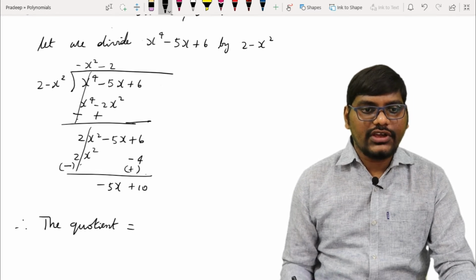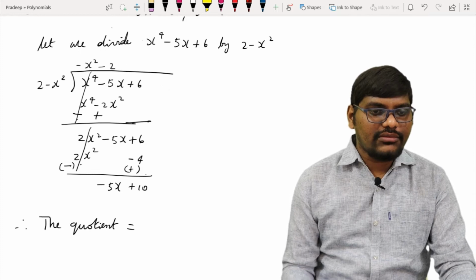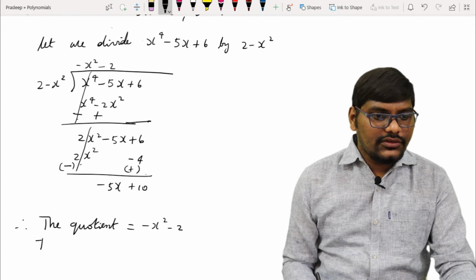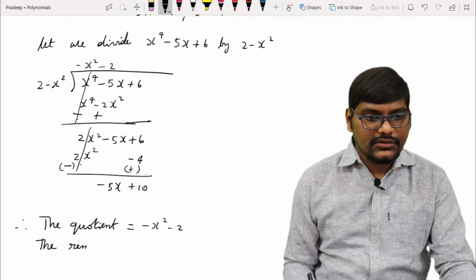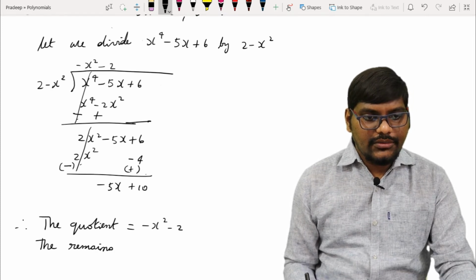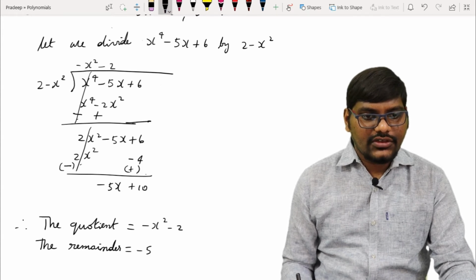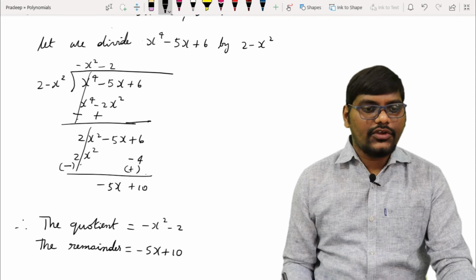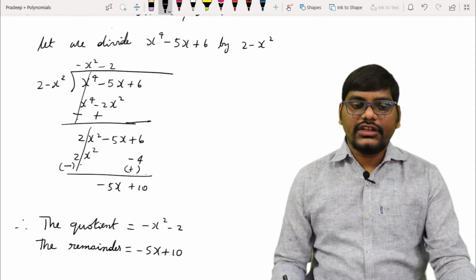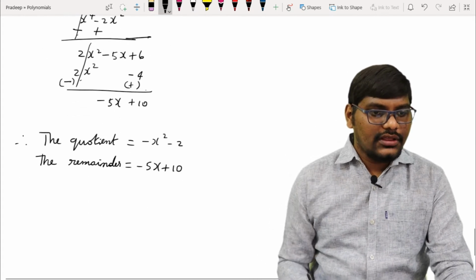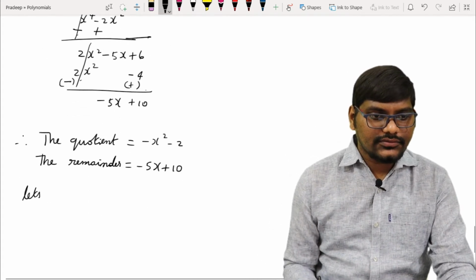So I can write, therefore the quotient equal to, what is the quotient we got? This is minus x square minus 2. Okay, and the remainder we can write it as minus 5x plus 10. Okay, so we got the quotient and the remainder. We'll now verify it. So I can write here, let's verify